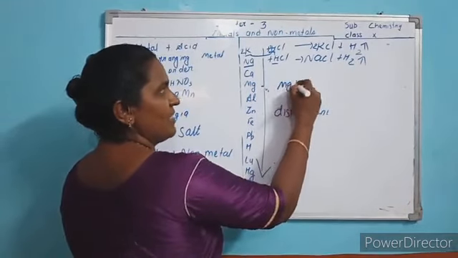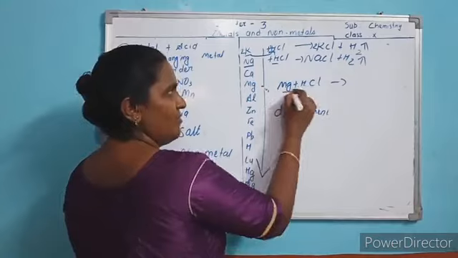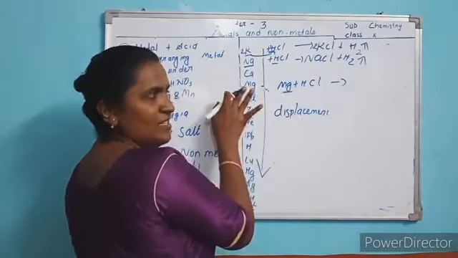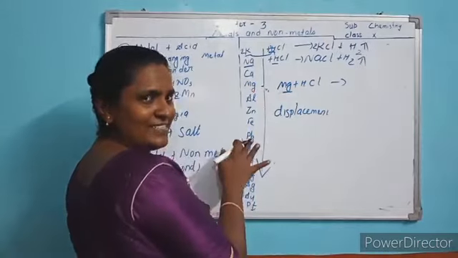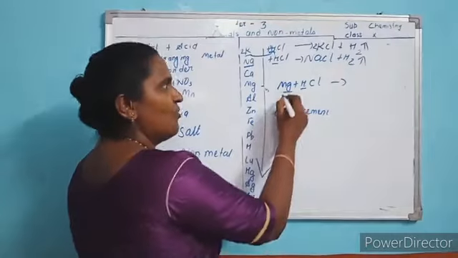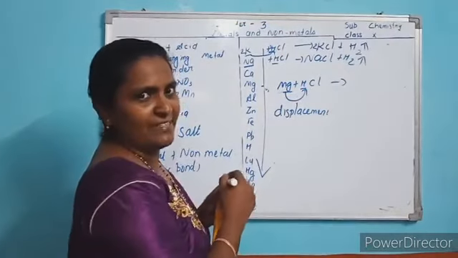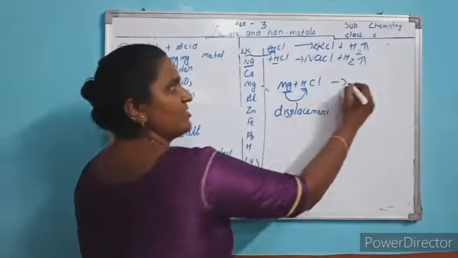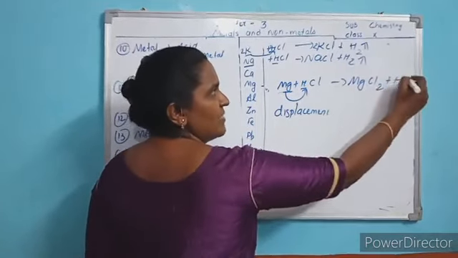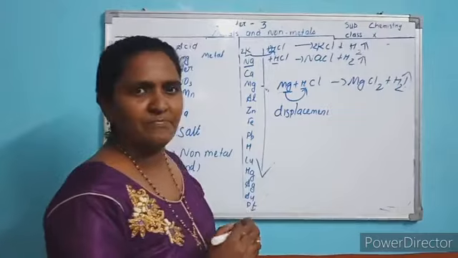Magnesium plus HCl. Magnesium is top in the series, hydrogen is lower in the series. You see the metal, the metal is higher in the series, which means it is a more reactive element than hydrogen. So what reaction? It displaces the hydrogen. In hydrogen's place you write magnesium, and magnesium chloride forms, and hydrogen will be displaced as hydrogen gas.